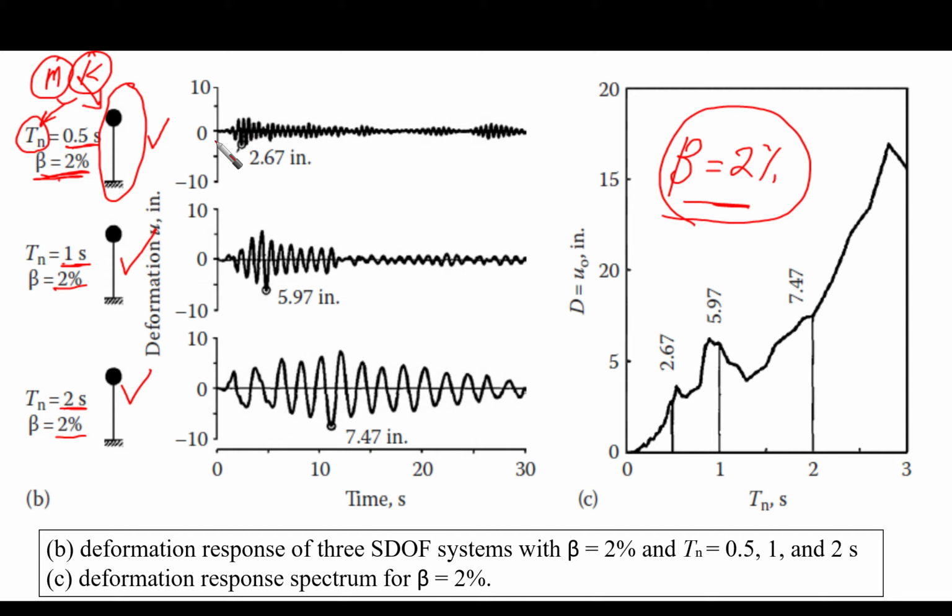This vertical axis is the deformation u in inches. Okay, so this is the deformation u in inches, and this is the t, which is the time elapsed. This is the time which is going to be measured in seconds. So we are dealing with 30 seconds only, as we mentioned before, when we make the linear time history